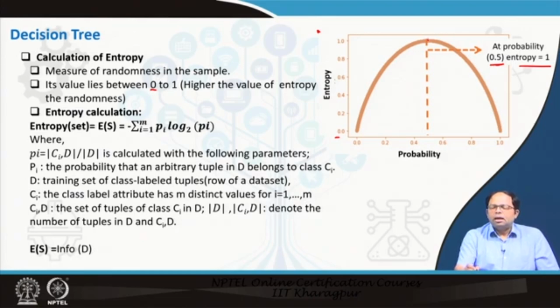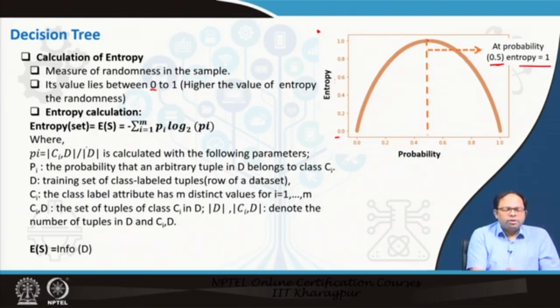That means there is a maximum mix, that is 50% of one group and 50% of another group. That is why it is a 0.5 probability. So, when the entropy is lower, the probability is also lower. What it means is, in some of the splits there could be more randomness, in others there could be less randomness. Randomness means there is a mixture of different outcomes.